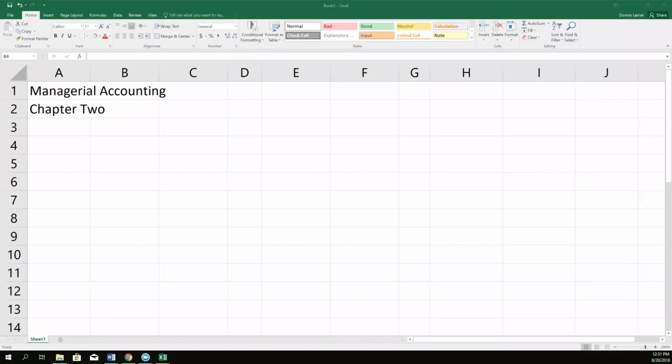Let's move on to Chapter 2. Chapter 2 is the real heart of the introduction to managerial accounting. Chapter 1 gave you the selling features of why managerial accounting is important, but they really didn't teach you any managerial accounting. We're going to get into what is managerial accounting, particularly how all the numbers are tracked through the system. The one thing that I want you to know,